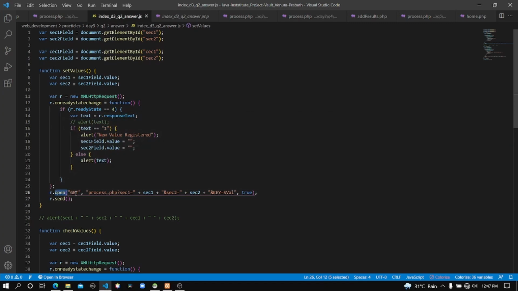And after that you can see here I mentioned the method I want to use to send these details. I am sending these details using the get method, and after that here is the destination. You know, if you use the get method, you have to combine the data you are going to send with the request to the URL.